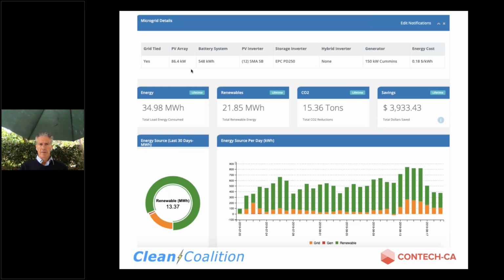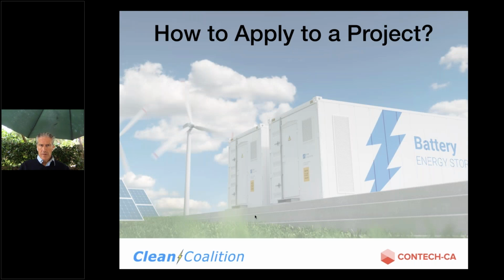You can see from this graph down here that breaks down the green being the renewable energy, the yellow being grid energy, and then there's a little sliver of red that is the generators. It might be a little bit hard to see, but I think during generator testing is when we see a little sliver over on the left. Yeah. So basically, even during a prolonged duration of no sunlight,